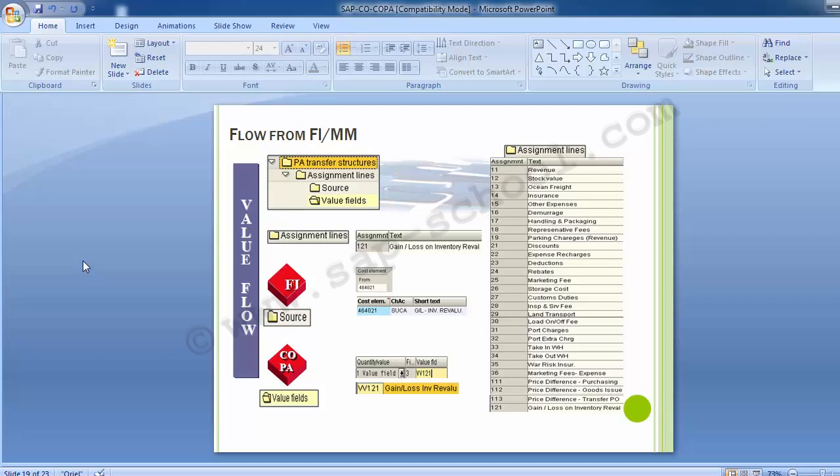cost such as demurrage cost established when the period was closed, in order to allow the short-term analysis to the corresponding profitability segment. This type of posting will not take place often but can be used at any time, instead of an automatic transaction to COPA. Now let's take an example that includes inventory revaluation,